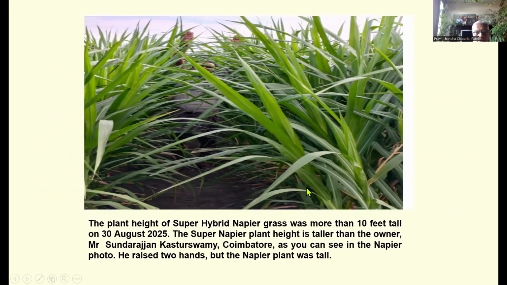So he has grown the super hybrid Napier grass in Coimbatore, and the land is located about 15 to 20 kilometers from the sea. You can see the plant height of the super hybrid grass was more than 10 feet tall on 30th August 2025. Recently, the super Napier plant is taller than the owner. You can see here,